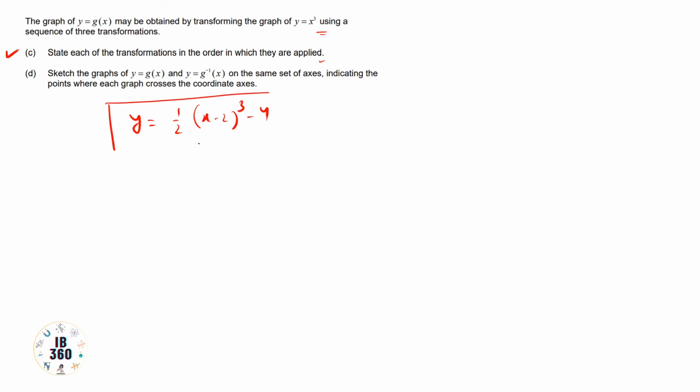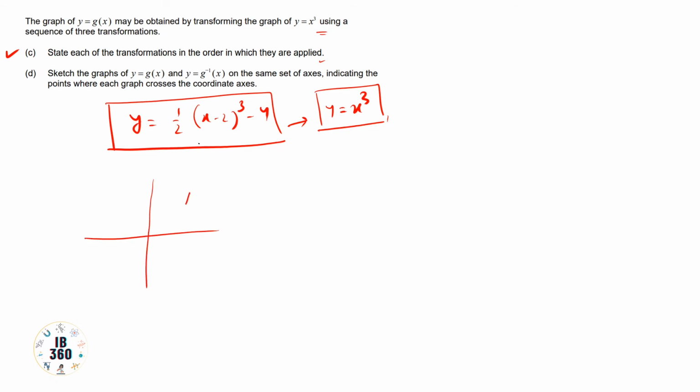To graph this equation, we need the base equation y equals x cube, and obviously you know the graph will be like this. Now to plot this graph, we need 3 transformations: first this, second this, and third this. After adding these 3 transformations we get this equation. The first is to translate right by 2 units.